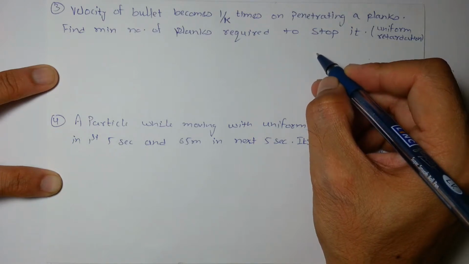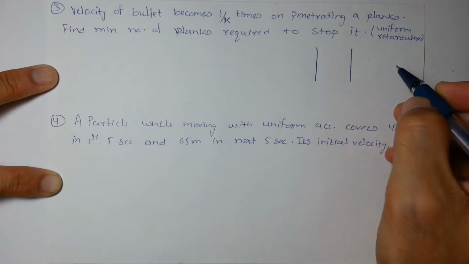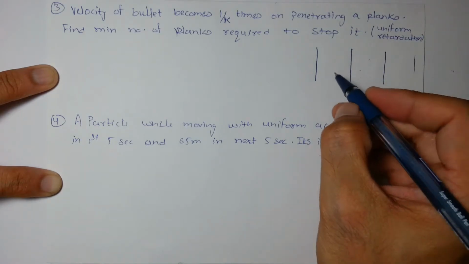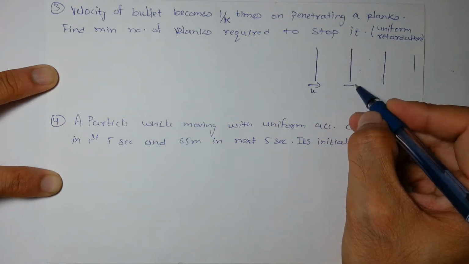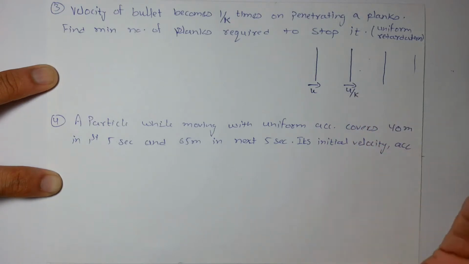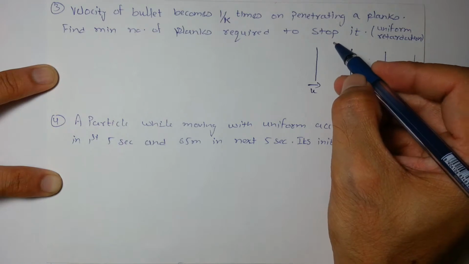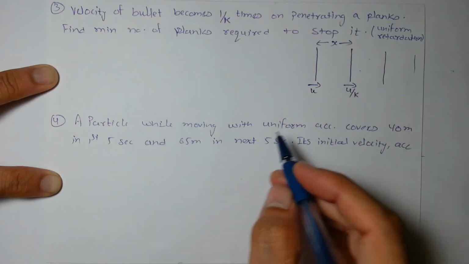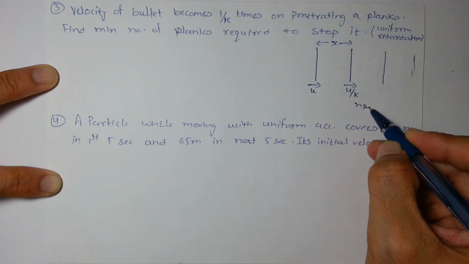Okay, let's say the plank is like this, and we have placed n number of planks like this. So if the initial velocity is u, it becomes u by k, or it reduces to half and so on. Okay, so by moving the first plank, let's say the thickness is x or s, retardation is a, and after n planks, these are n planks,